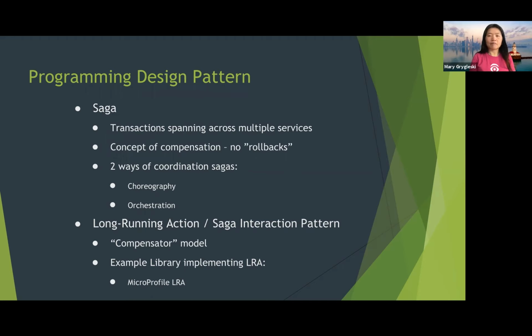So we have this concept in microservices design patterns. If you've been following Chris Richardson, a well-known expert on microservices, he has a site called microservices.io. He also discusses in depth the Saga pattern. So Saga is a pattern that we can utilize on an application level for your microservices.